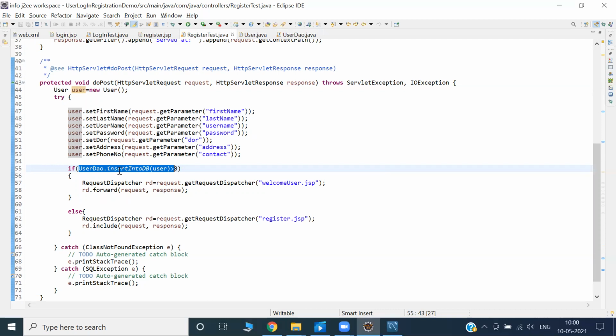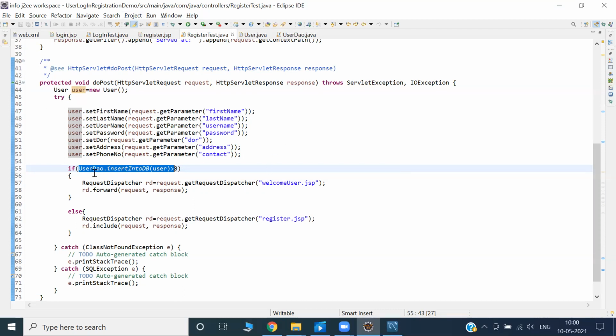To understand this, I could do everything in this place, but it won't follow proper management. That's why I have created a class and created the method.